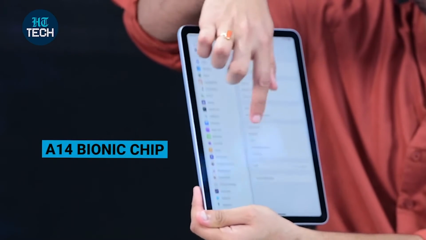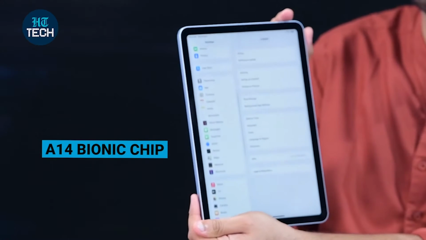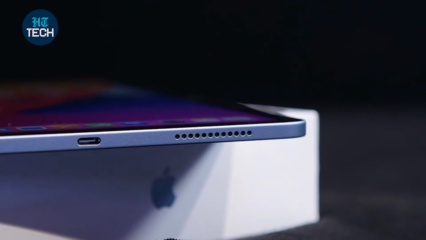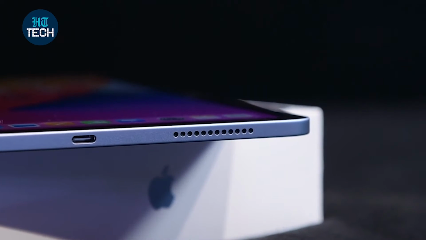Now in terms of the power capabilities, as you might know, it runs on the iPad OS software that Apple has built for its iPad devices in the past year or so, and it comes powered by the Apple A14 Bionic chipset that we've already seen with the latest iPhone series. Now it comes to the iPad Air as well. You get different RAM and storage options, but since this is an iPad, you cannot expand storage, so make sure that you get the best storage option for yourself, and you can get all those details on the Apple website easily.